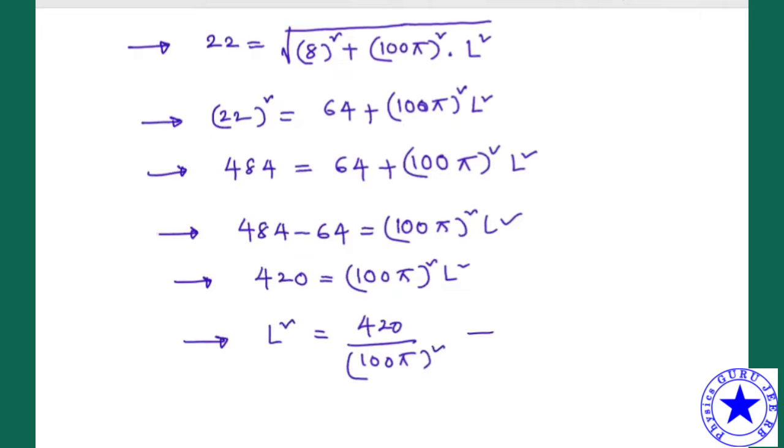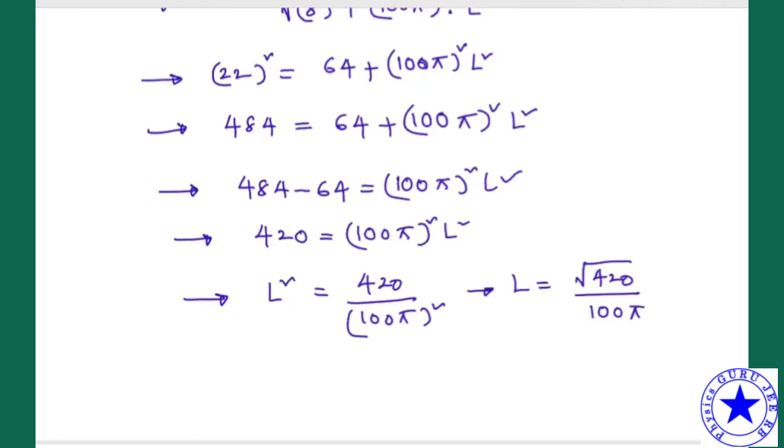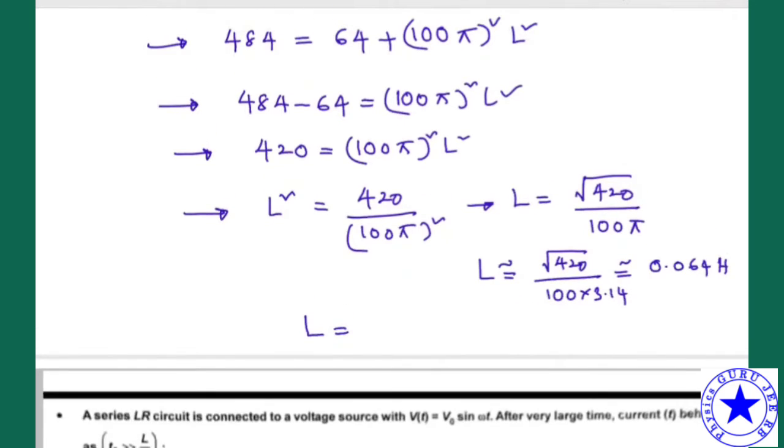If I apply the root here, L can be written as the square root of 420 divided by 100 pi. Hope it is clear till this point. So the simplification you have to check. Approximately, the square root of 420 divided by 100 into 3.14, that means 314 in the denominator. We will get approximately 0.0643 or so, which is in Henrys. So finally the approximate answer is L equals 0.0